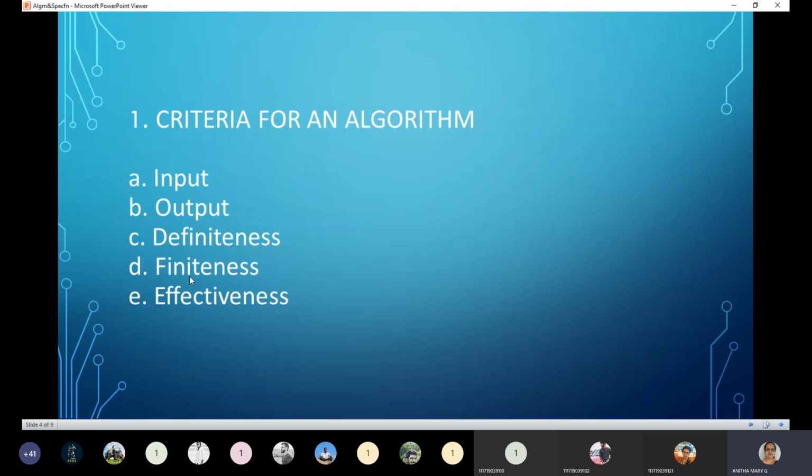Under criteria of an algorithm, we have 5 things. Every algorithm should follow these 5 things in order to write. These are the things it has to satisfy. So moving to the first one, input.